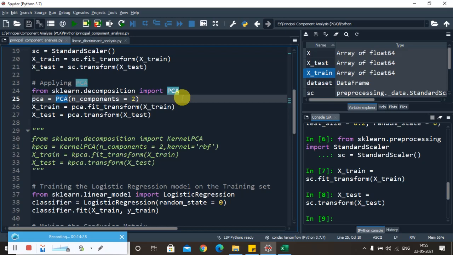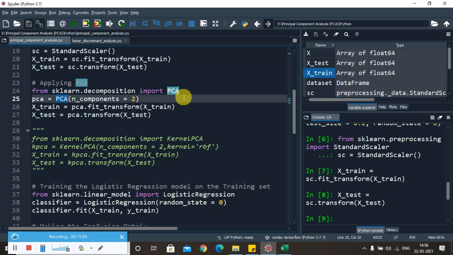You can try more than 2 features like 3, 4 and 5, but since I would like to visualize this in 2 dimensions, I want to reduce the features to 2. It is not any thumb rule that we have to write only 2; you can write any number. But since we would like to visualize using a graph, we require only 2 dimensions. Later we will apply this to the training and test set to reduce the number of features.